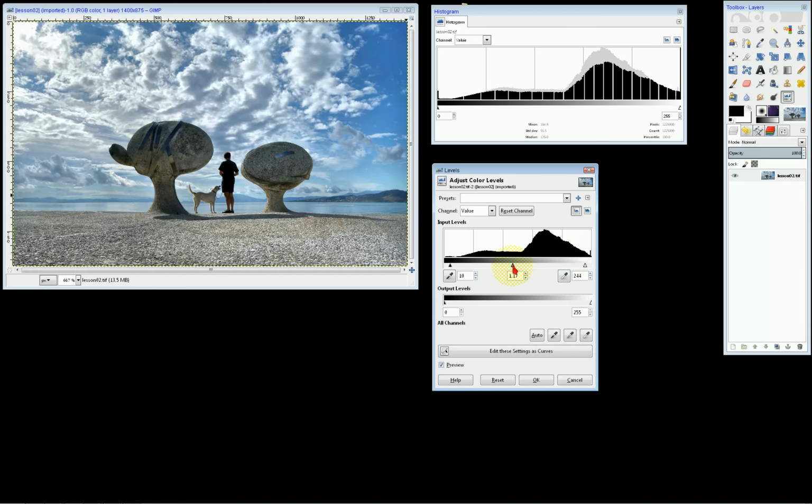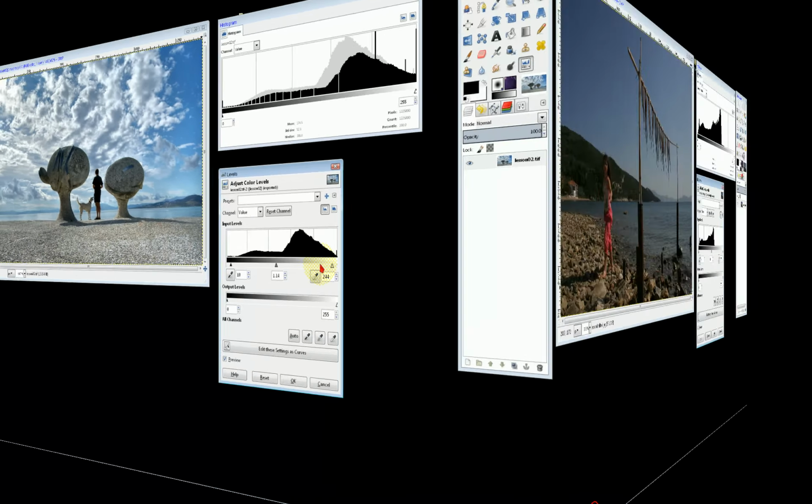So, with the gray point, I can affect the brightness of the image without the danger of losing tones neither on the shadows nor on the highlights. This was not the case on the brightness contrast tool, on which adjustments on the one side have the danger of losing data on the other side, values shifted that way in a linear way. Instead, with this tool, values can be shifted proportionally.